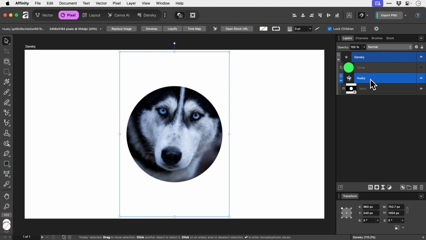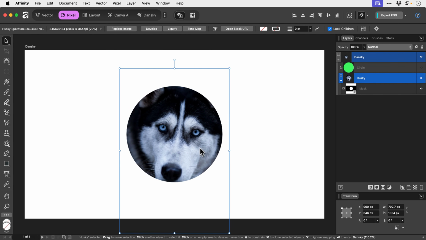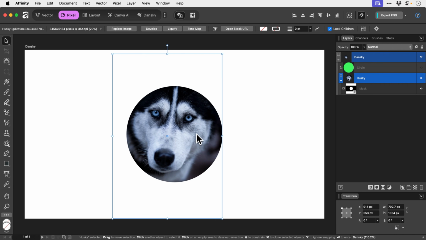And this could be adjustment layers and other things as well. Whatever layers are effectively a child of the parent, which is the Husky. God, this is confusing. Anyway, long story short, now we can move the image around and we could go and